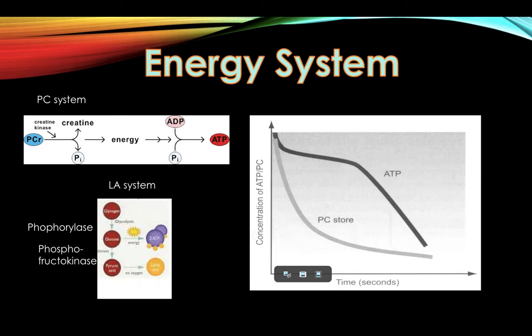One way the body adapts after training to enhance performance is by increasing the enzymes needed to make the energy systems work. By increasing the amount of enzymes used for the anaerobic energy systems, they can resynthesize ATP more quickly. The enzyme used to split phosphocreatine so it produces energy to resynthesize ATP is called creatine kinase. And if there is more of this enzyme, it means that more phosphocreatine can be broken down, and therefore more ATP can be resynthesized, allowing it to break down again to provide the muscles with the energy